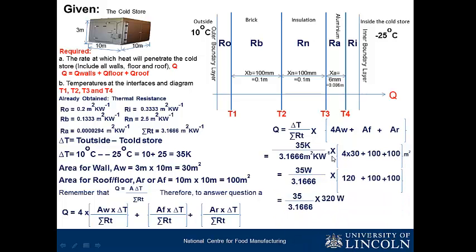Then W is raised to power 1. This W will go up. By the time this W goes up, it becomes raised by -1. Sorry, it's raised by -1. By the time it goes up, you have W. So by the time you add them together, you have 320 times 35 divided by that. You have your final answer to be